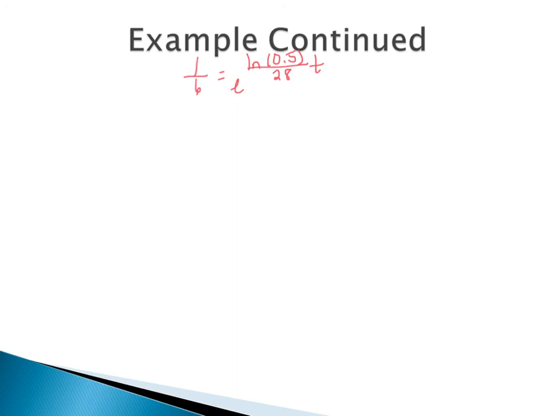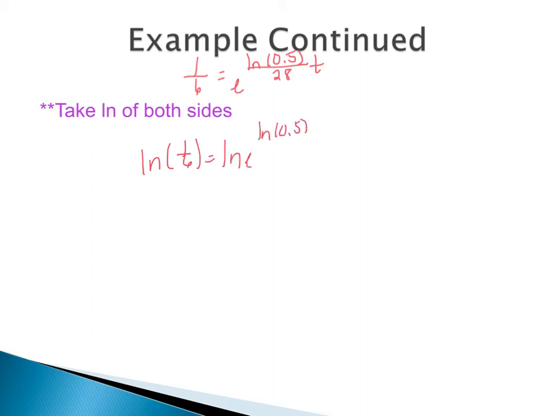At this point, we want to continue to solve for t. In order to do so, again, this is an exponential equation, so we need to be taking the natural log of both sides. So we'll be taking the natural log of 1/6 equals the natural log of e to the natural log of 0.5 over 28t. Again, using that natural log property, the natural log of e will essentially go away and the exponent will drop down, so that we just have the natural log of 1/6 equals the natural log of 0.5 over 28t.